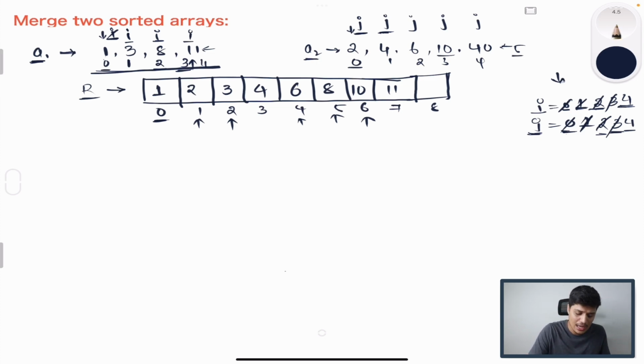So here on the array 1 we have exhausted all the elements, but on the array 2 we still have 40 that needs to be processed. As a result, what we will do is 40 we will be moving into the index 8. Okay, so that is the logic that we follow for merging the two sorted arrays effectively into a resulting sorted